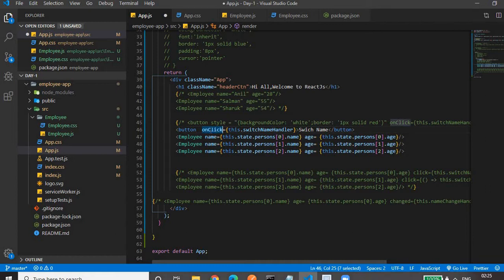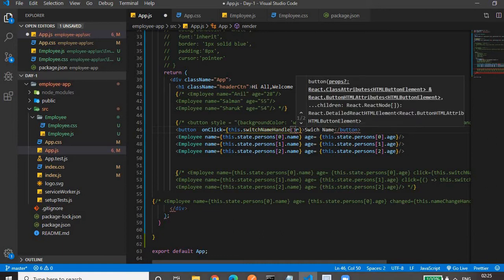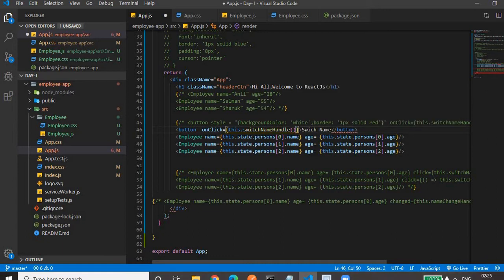So on the click event, on click of this button, we have to provide a reference of that function. We should not call the function here. If you call the function here, then on the page load itself, this method will be called. But we don't want that to be called on page load. We want this function to be called on click of the button.